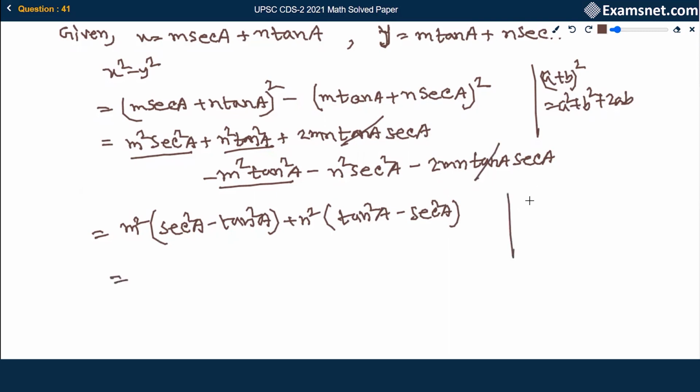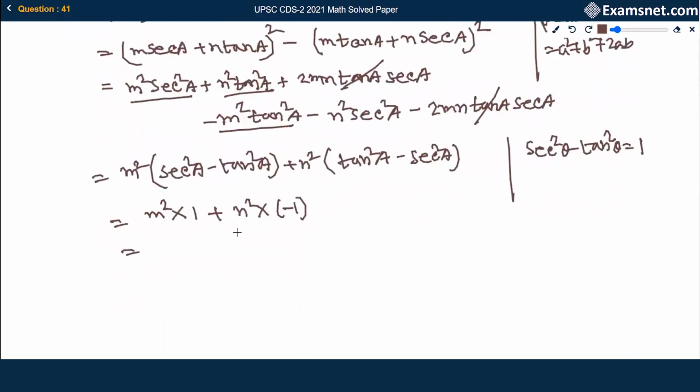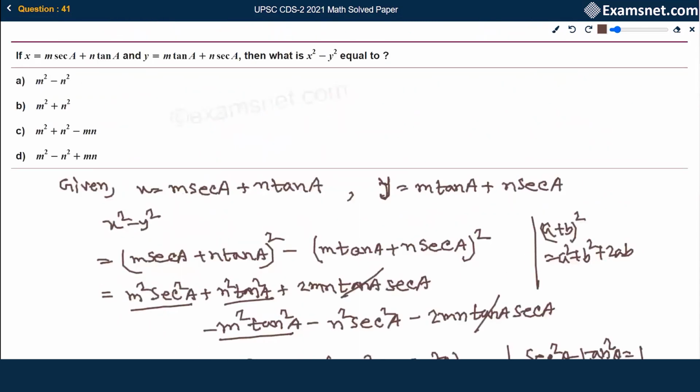Here we know sec square theta minus tan square theta will give us value 1. So it becomes m square multiplied by 1. Since it is tan square a minus sec square a, we will write it as minus 1 times n square. So it will become m square minus n square. This is the final result. So it matches with